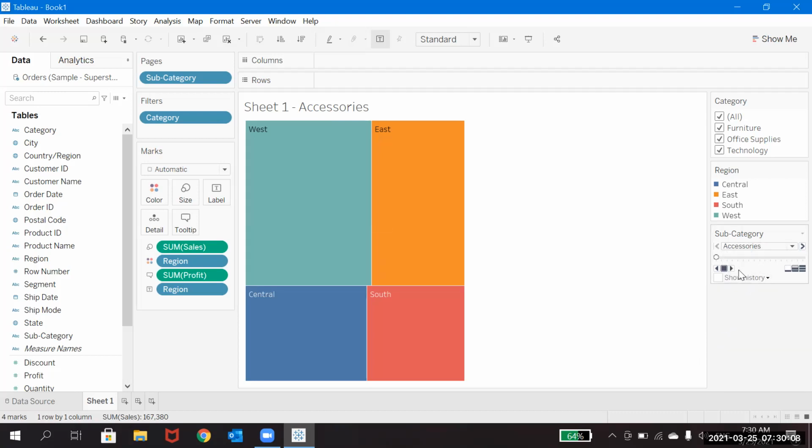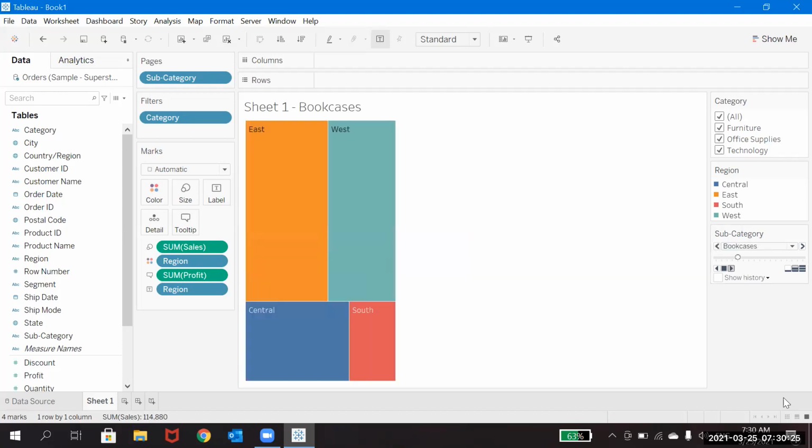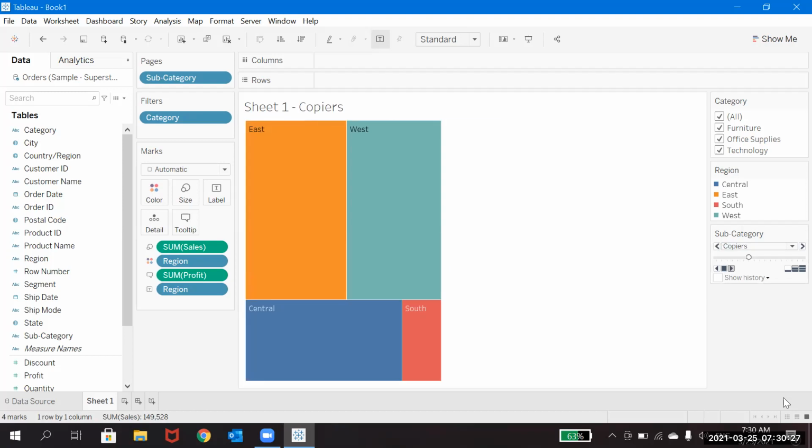What it will do normally is, this is something like how it has to move: slow, medium, fast. If you click on it, it will automatically move all the values whatever we have.